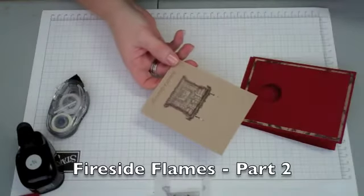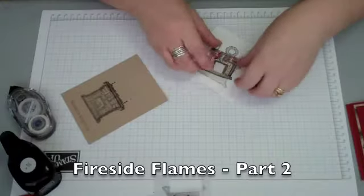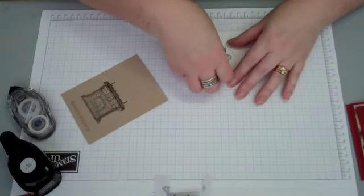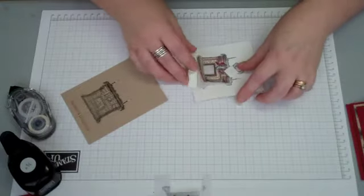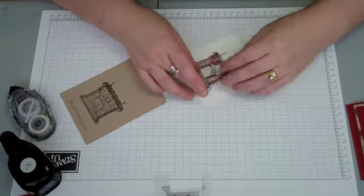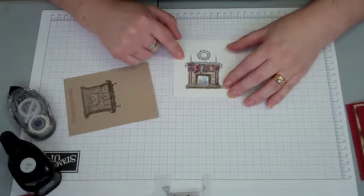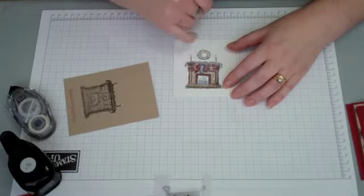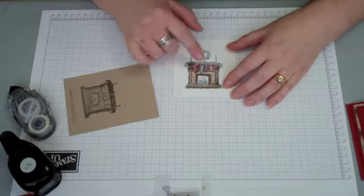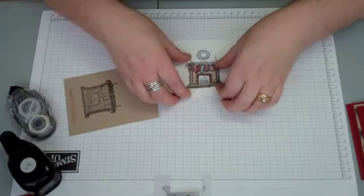Then what you need to do is stamp. I've already cut these out so that you don't have to sit and watch me cutting and sticking. More haste, less speed. Stamp your Fireside image onto a piece of white cardstock and colour the image in completely. You don't need to colour in the foliage, just the actual fire itself, the Fireside itself. Then cut this piece out,